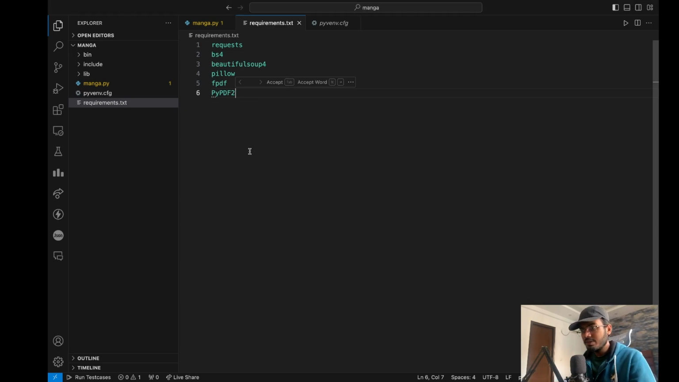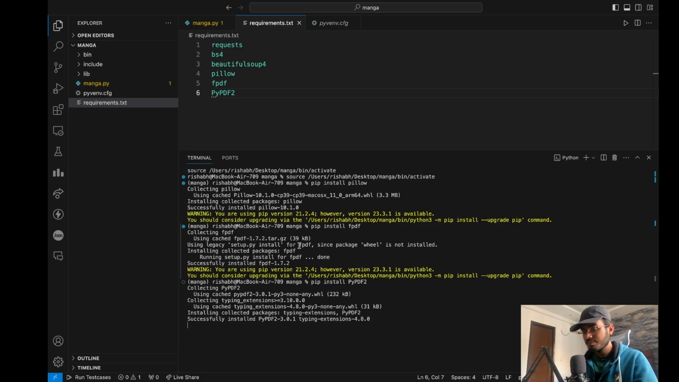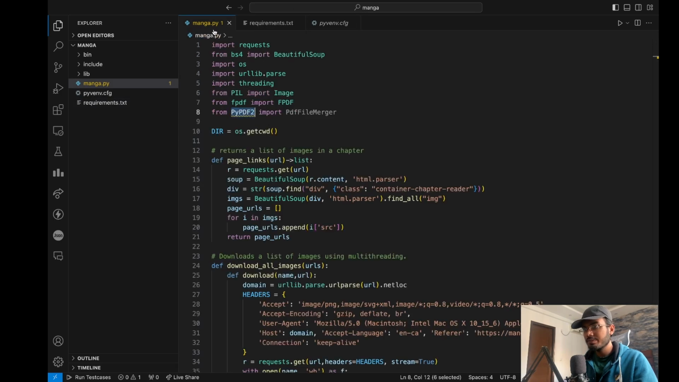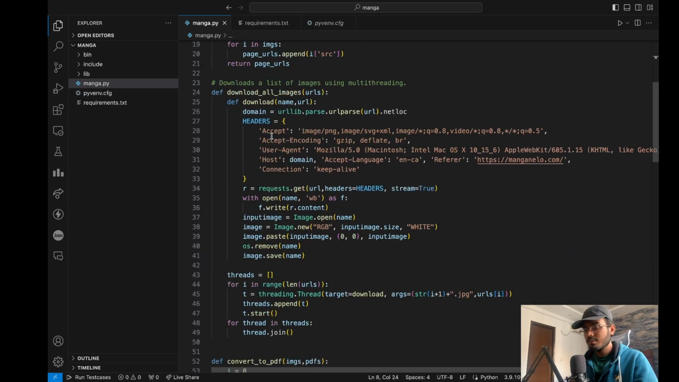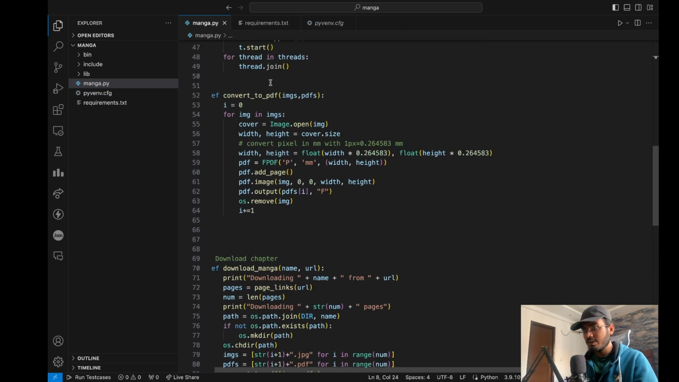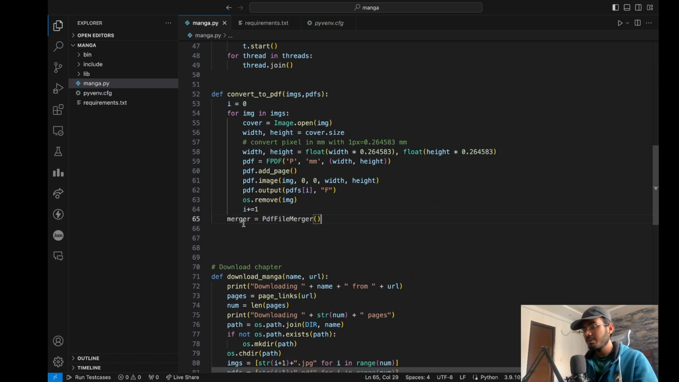So let's pip install PyPDF2 and press enter, and this will download the PyPDF2 module for you. Yes, and it's done, and now this error should go away. So once this is done, like we have converted all the images to PDF, I will create a merger called